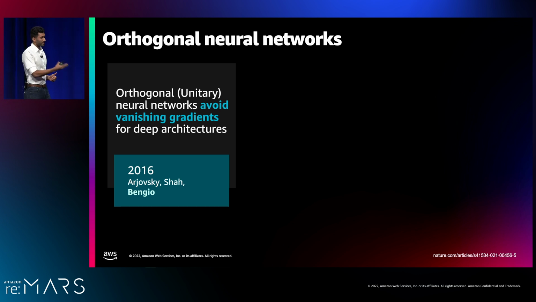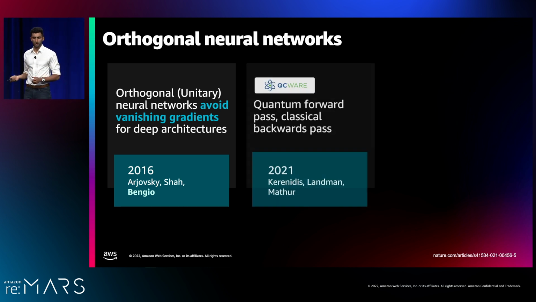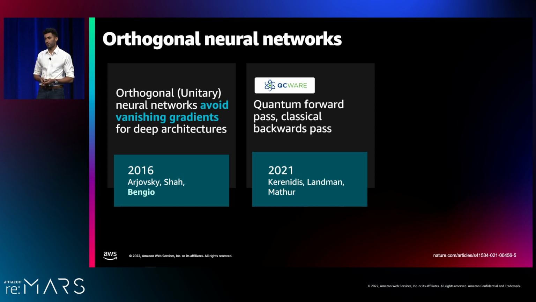The problem is that at this time, it was really difficult to do this classically. Often, the weight matrix would be trained, which would take it out of orthogonality, and then there would be a correction step to bring it back. And that correction step was very costly. Our contribution here was to propose two new algorithms, one of which is an efficient quantum algorithm for doing the forward pass of this neural network, and then a quantum-inspired algorithm to do the backward pass. So now we can train these in n-squared time.